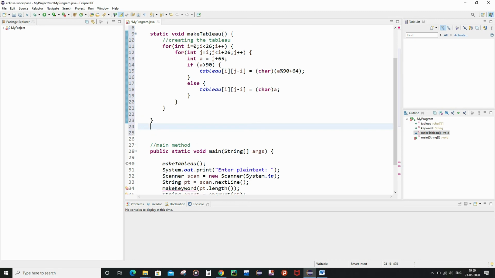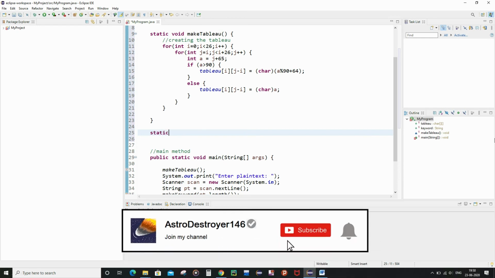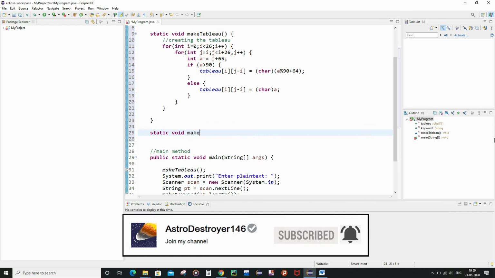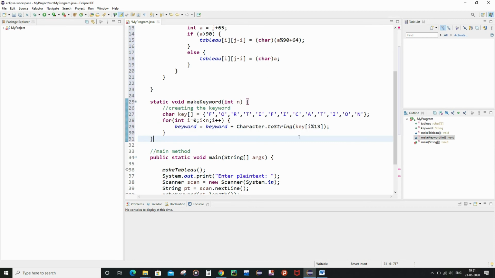Actually it is quite a simple function, so let me write it fast. Now after writing it, let me explain it a little.